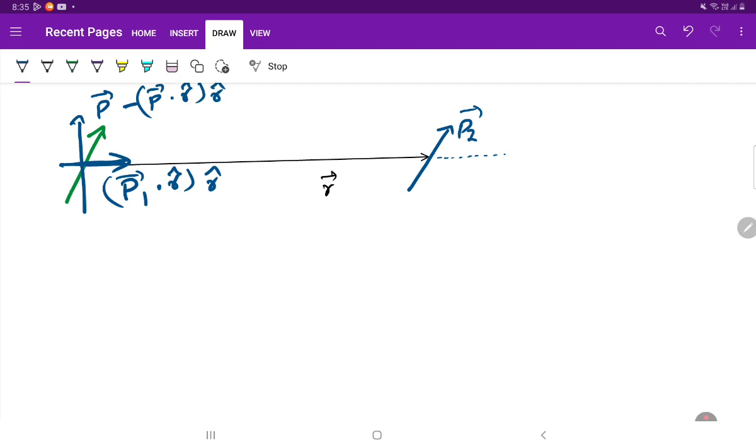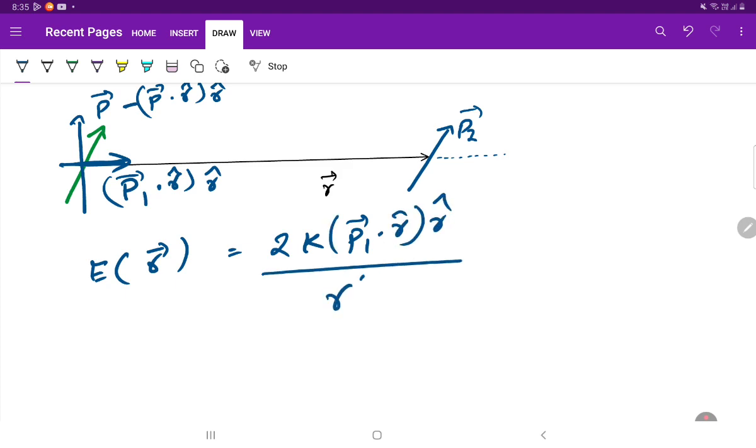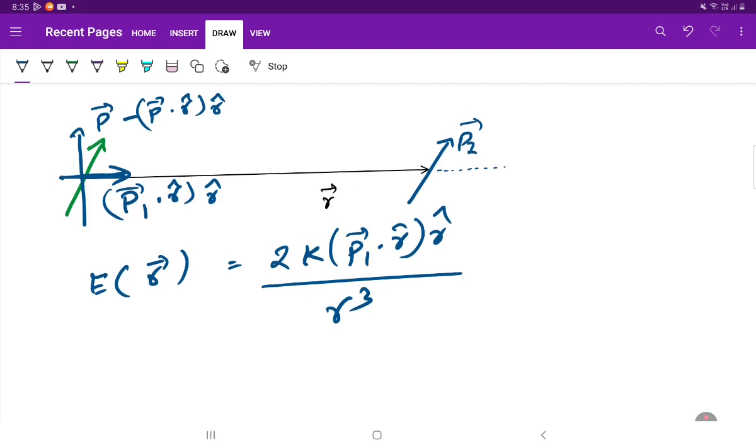So the electric field along the r vector can be represented as 2k p1 vector dot r cap along the r cap direction upon r cube, where r represents the distance between the centers of the dipoles. So this is the first. Now the electric field due to the second one, the perpendicular component, will come out to be minus k times p1 vector minus p1 vector dot r cap along the r cap direction,